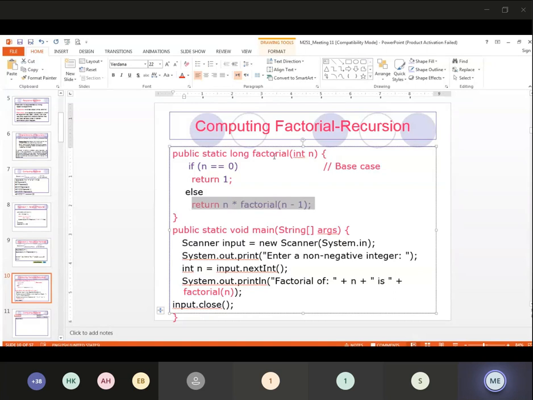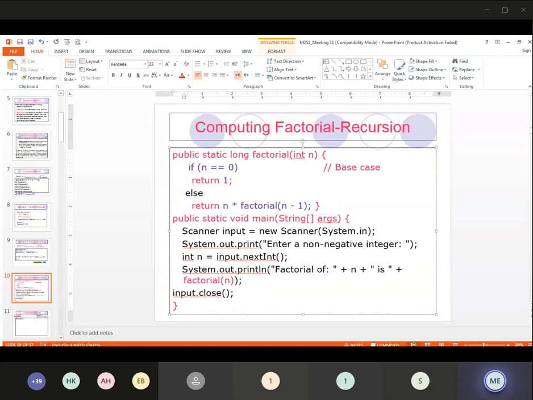Once I get 0, I'm going to return 1. In this case, I'm going to return back 1 by 1. By 2, by 3, it will be 6. By 4, it will be 24. And finally, by 5, it will be 120. Clear? Clear يا جماعة لين هنا؟ Clear؟ أي سؤال لهذه المنطقة؟